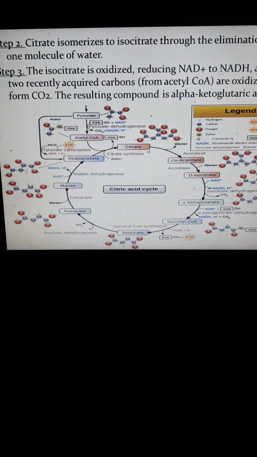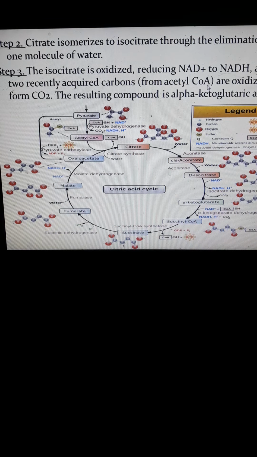So take note, citrate to cis-aconitate. So there is removal of water. So it is acted on by the aconitase enzyme. At the same time, water again is added plus the enzyme aconitase. So the product is dextroisocitrate. Step number 3, class, the isocitrate, okay, is oxidized and reduced by NAD, that is converted to NADH plus